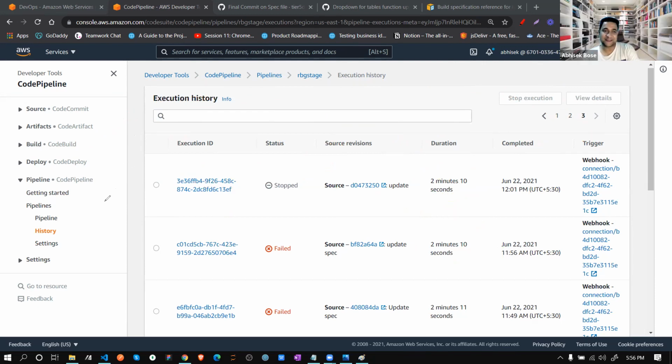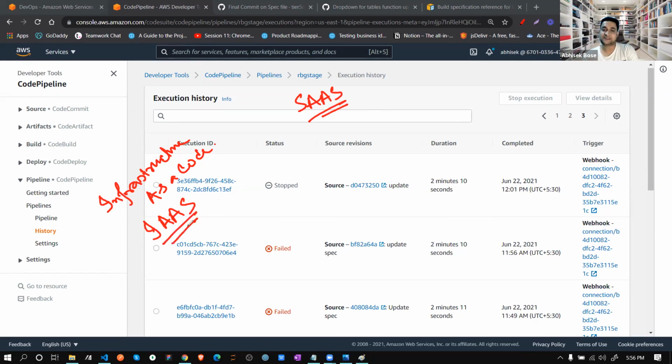Previously, there was another part called infrastructure as code. It's called IaaS, like we are using SaaS products. There is another term, infrastructure as a service.